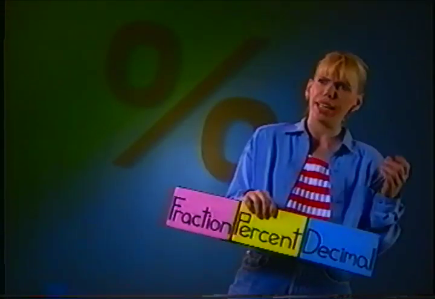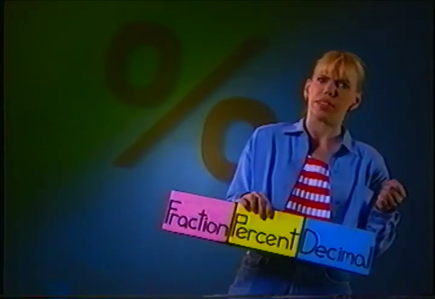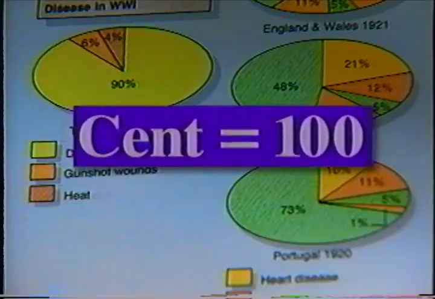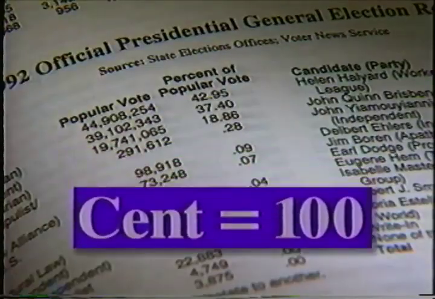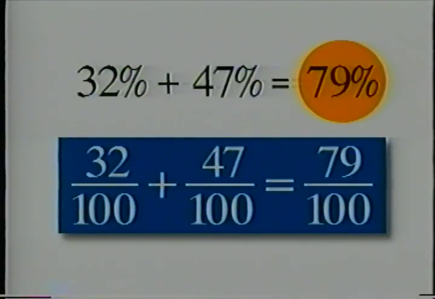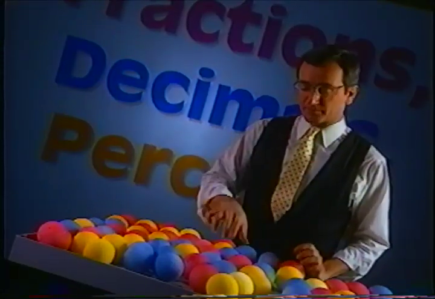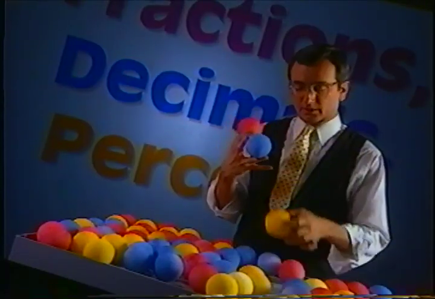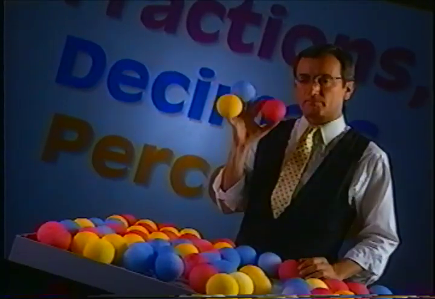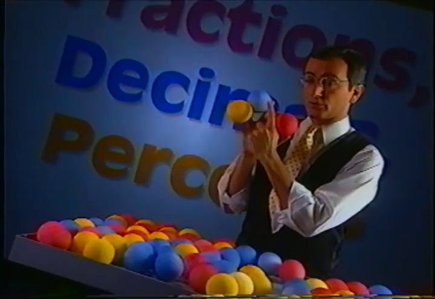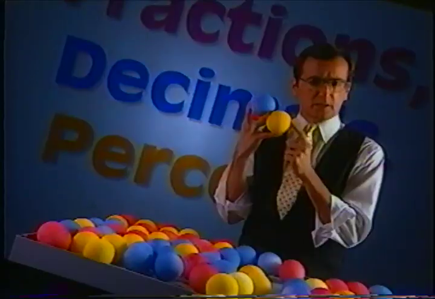You know, the connection to adding percents is even easier to see. Remember, percents are, by definition, fractions over 100. So adding percents is the same as adding fractions with a common denominator of 100. Here's one for you. We have red, blue, and yellow balls. 1/4 of these balls are red. 2/5 are blue. So what percent is yellow?